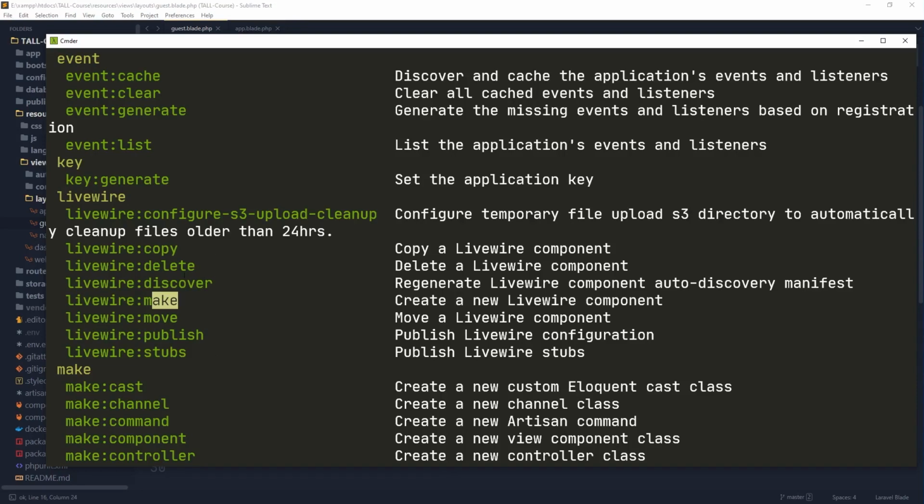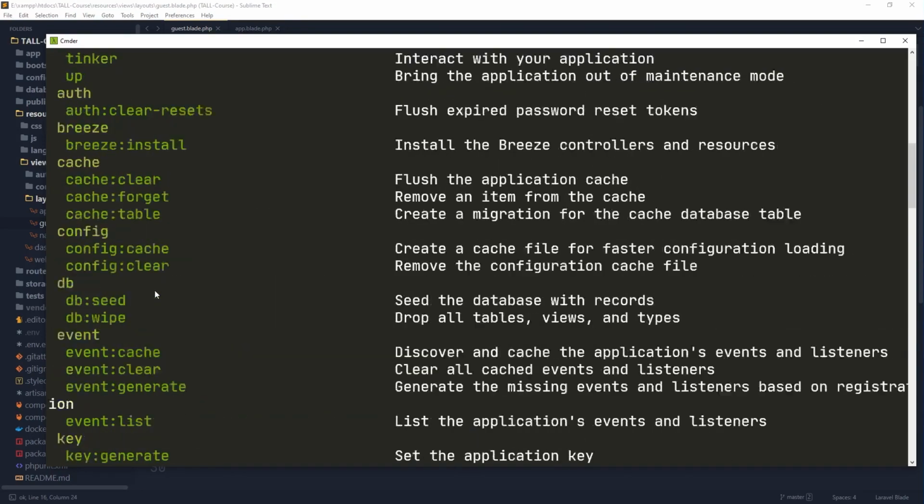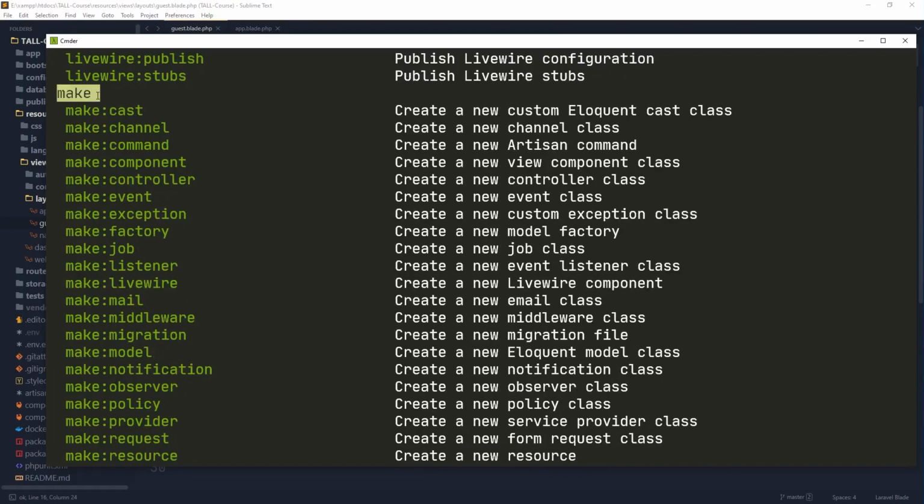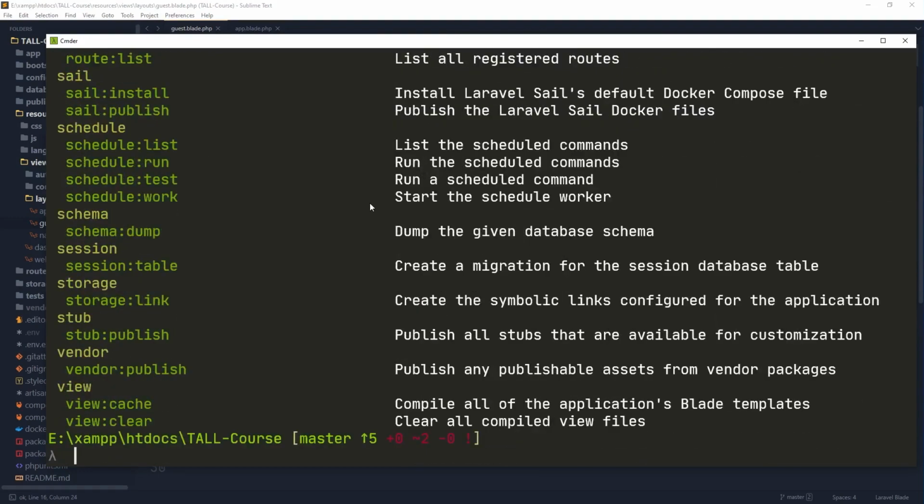And of course, we can eventually create a component. But additionally, we have in the make category another command called make Livewire. This is exactly what we have here to create a Livewire component. Remember, a Livewire component is a class. It is basically like a controller where we have the actions and the logic that we want to perform once the user does something. For example, clicks a button, sends a form, modifies an input, and so on. So once again, we have PHP Artisan make Livewire,